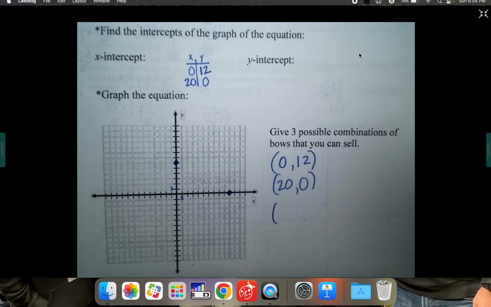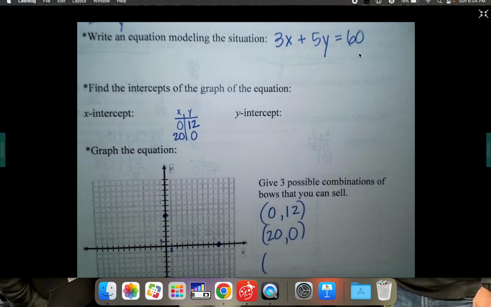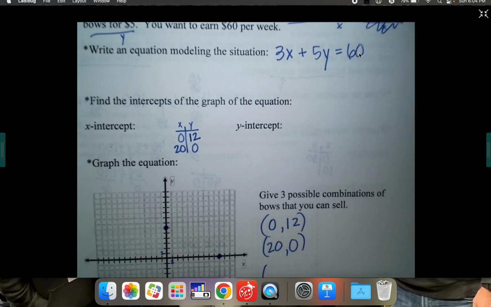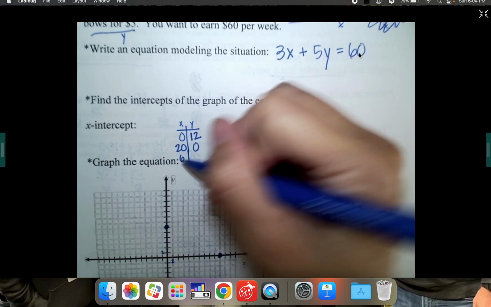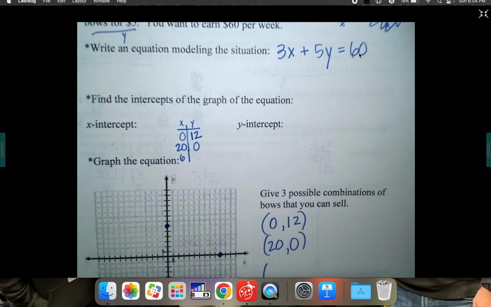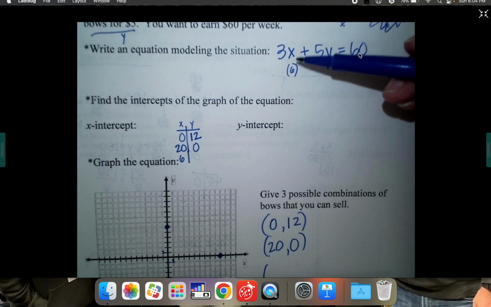And then we need to find somewhere in between. And once again, I really want you to come up with one on your own, but I'll do an example to make sure you know how to do it on your own. Let's say I sold 6 small bows. How many large ones would I need? So if I sold 6 small bows as the X,